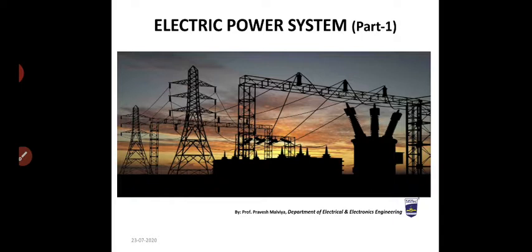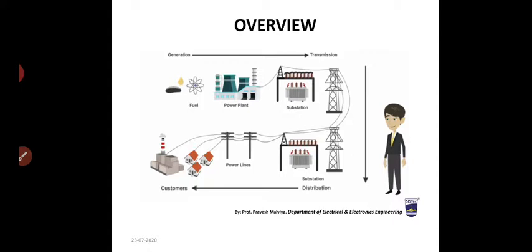So, coming to the topic directly, so this slide shows the entire journey, entire story of electric power system. This slide is showing that electric power is generated somewhere and at the end it is being utilized. So electric power system has four basic elements: generation, transmission, distribution and utilization, and all these elements we can see over here in the slide.